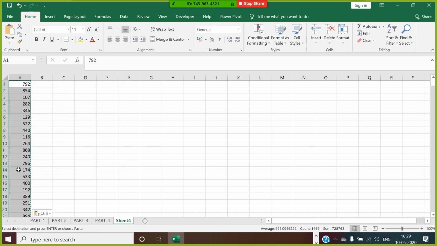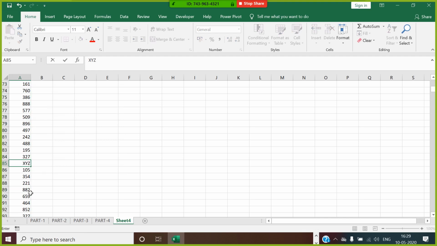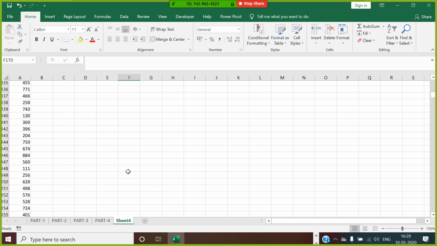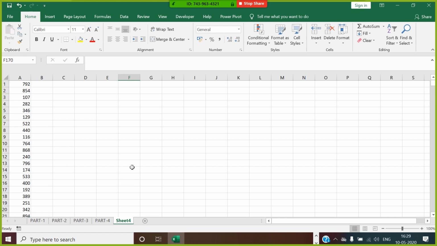Now in between these values, somewhere it is written X, Y, Z, somewhere it is written WER, somewhere it is written as UIO. Now I don't know which one is a character field, which one is a numeric field. If you search for is number, it is going to give you true if the value is a number.